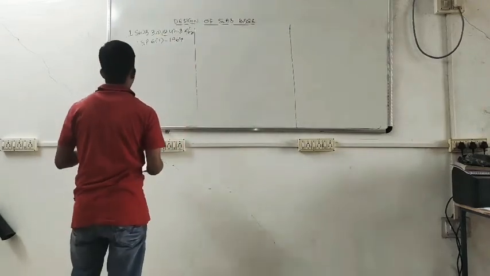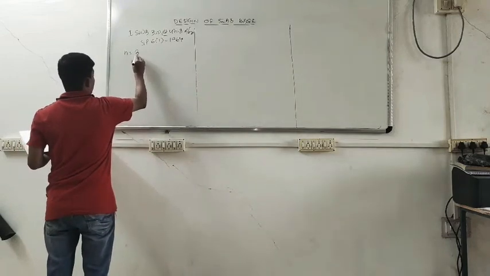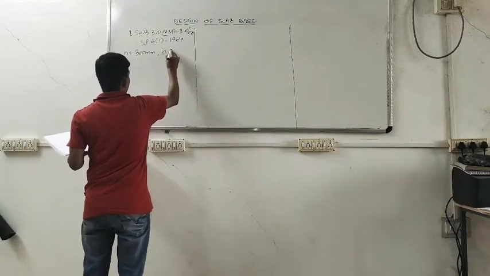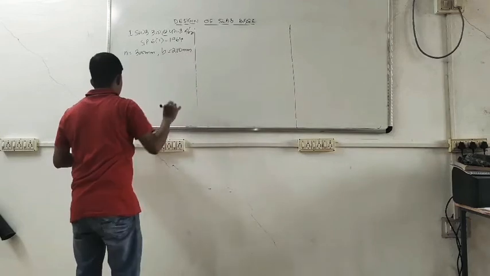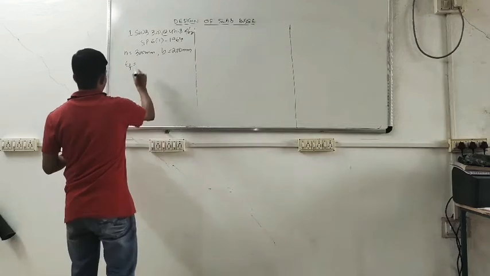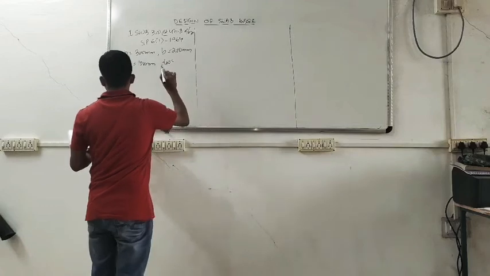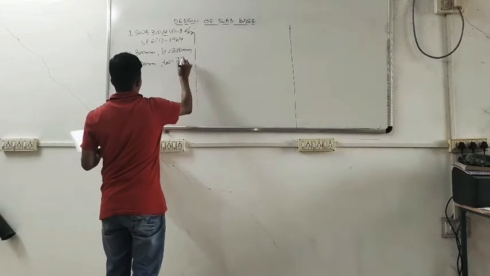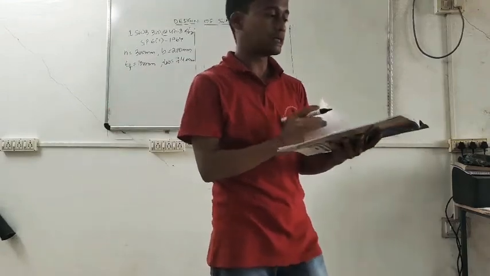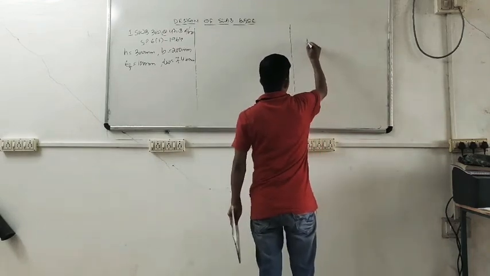So for ISWB 300, the overall depth H equals 300 mm. The flange width B equals 200 mm. The flange thickness TF is 10 mm, and the thickness of web TW is 7.4 mm. So this is the basic details of the column section, and if you draw the diagram,